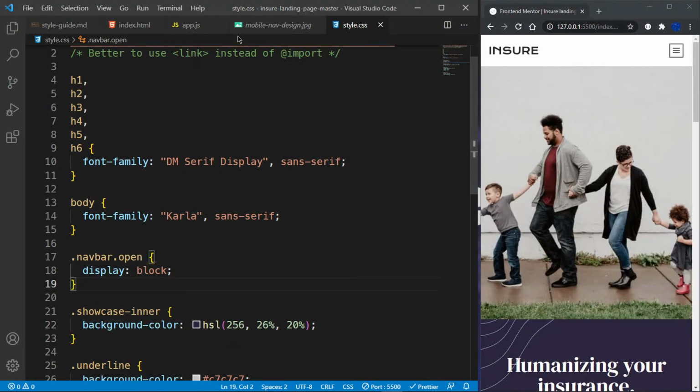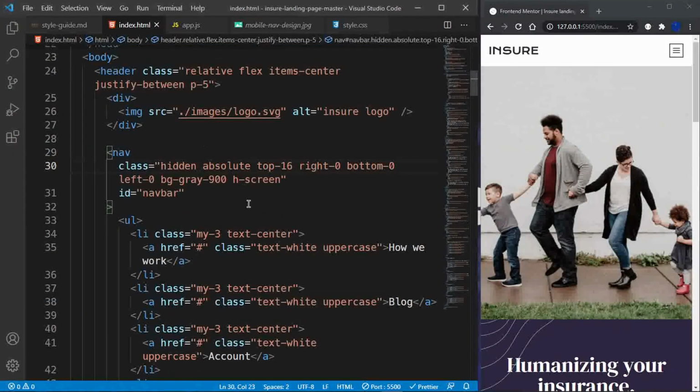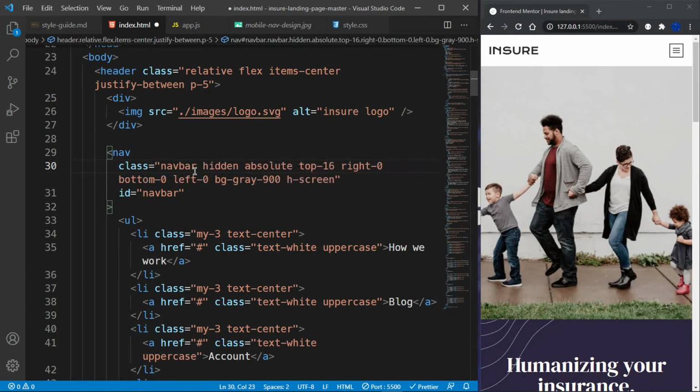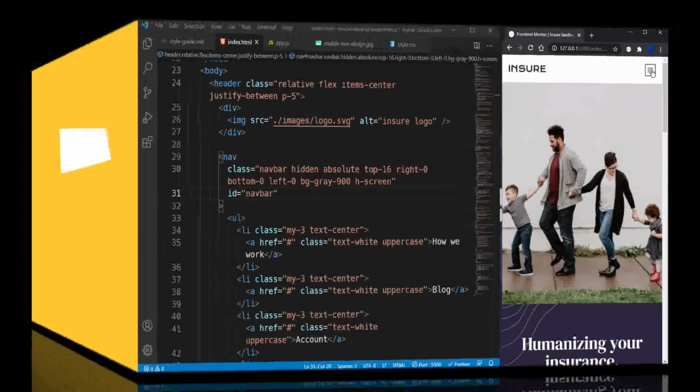Oops. Where is it? Where's my index.html? And there is no class of navbar that I'm targeting, and that's the reason why. So let me save that and let's toggle that, and there we go. So we have our toggle working correctly. Now I'm going to do